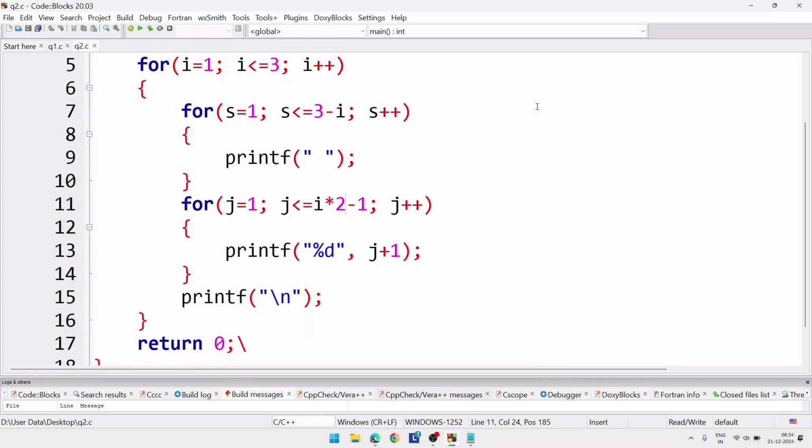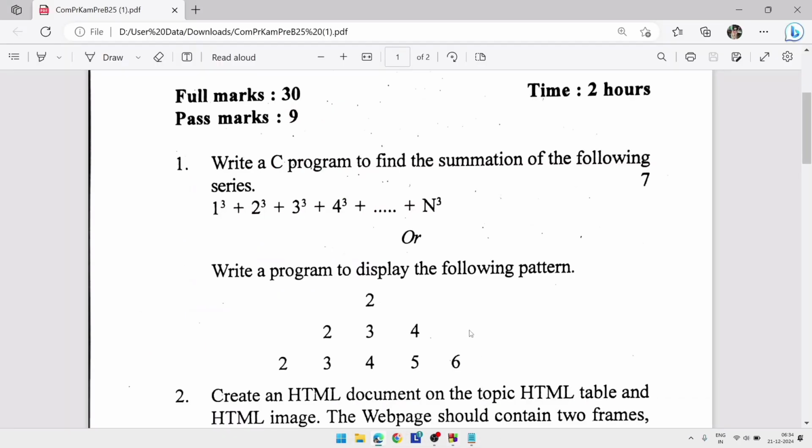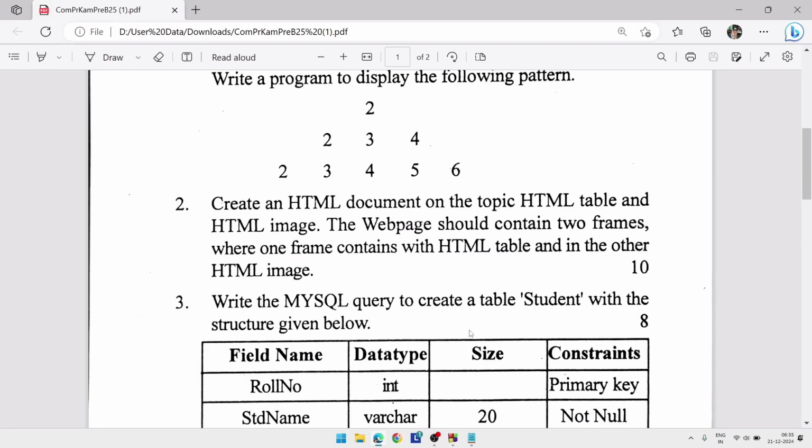Now we will go to the HTML part. So this is the question for HTML. We have to create an HTML document on the topic table and image. Means we have to create a table and we have to create an image. The first web page should contain two frames. One frame contains the table and another frame contains the image. So this will be the